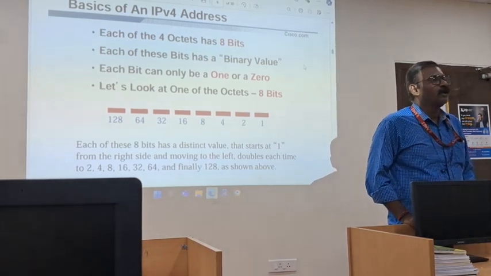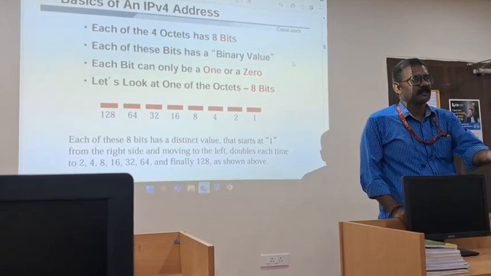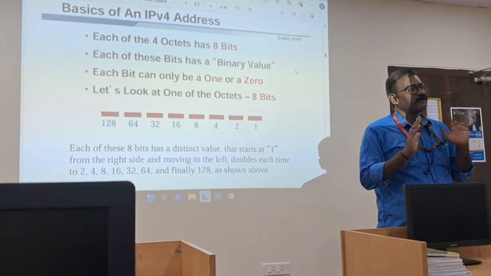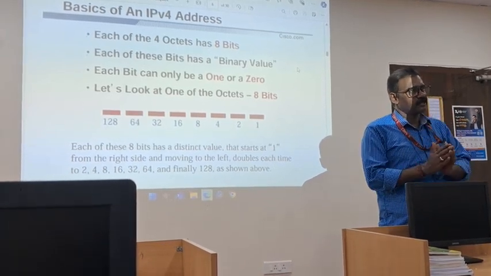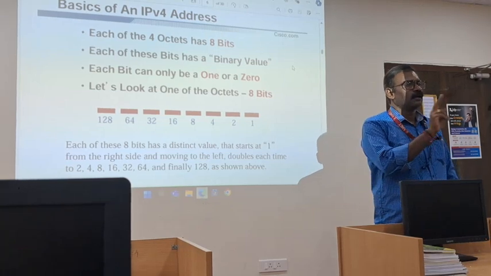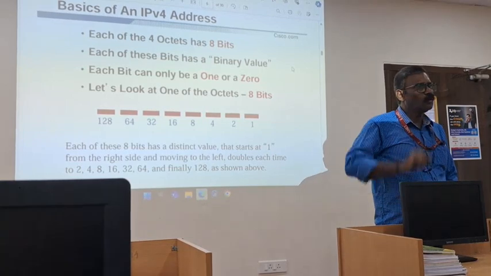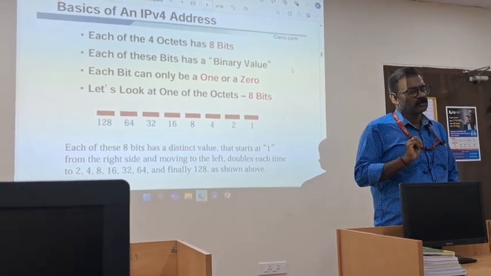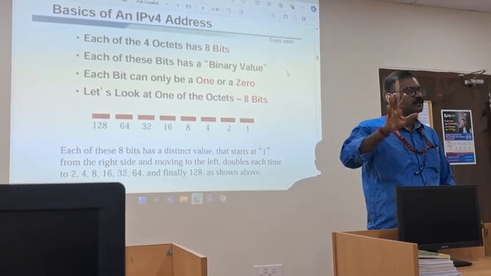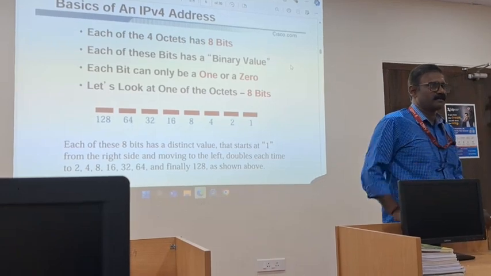What do you mean? If a device is connected over the internet, there are n number of connections. If there are n number of connections, there are n number of addresses. What is address space? If you have an n-bit address, you have 2 power n address space. For example, if n is 2, 2 power 2, there are 4 addresses in the space. If 2 power 3, there are 8. Likewise, your address space will be decided by the n bits of address you need, right?